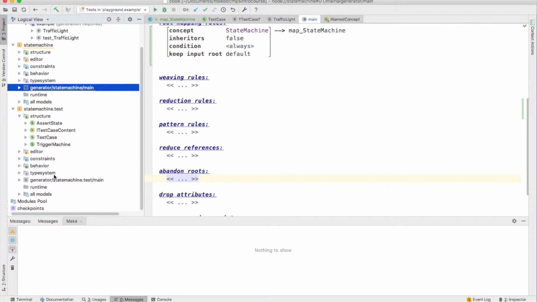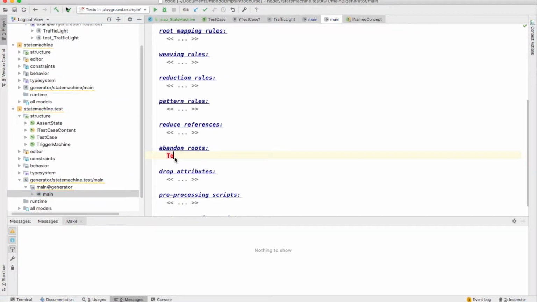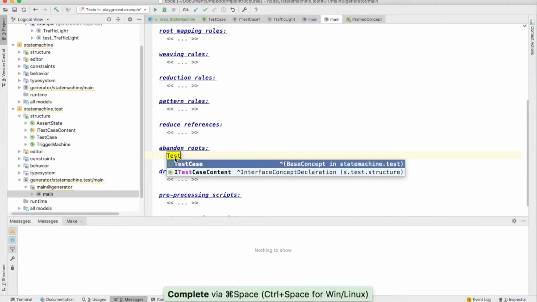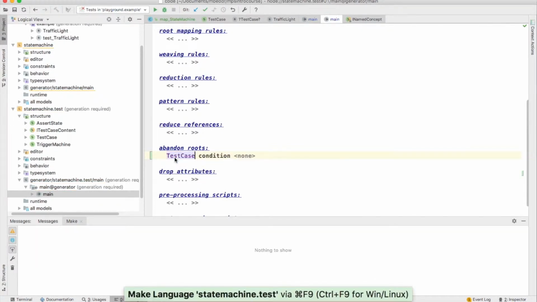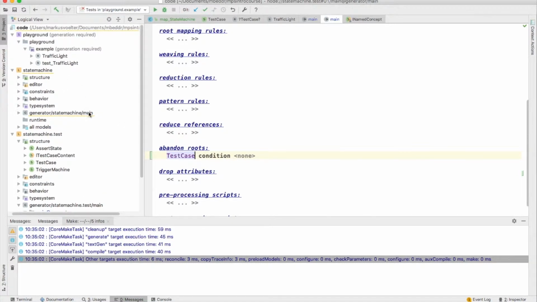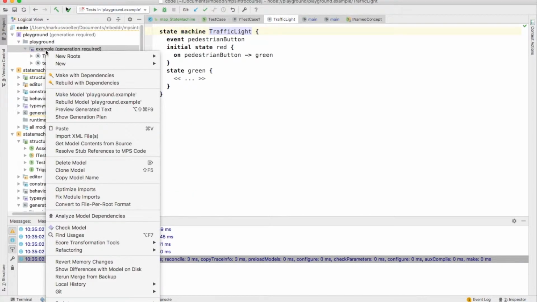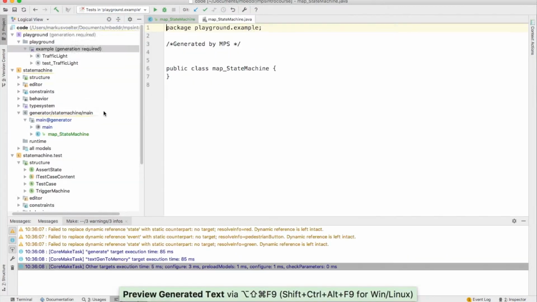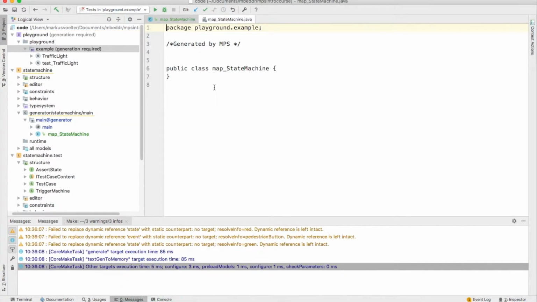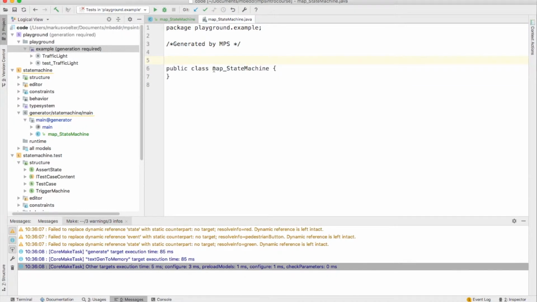So let's go to our test language, put a generator here, and just abandon the test case root here, just so it doesn't remain untransformed in the model. It's killed, it's abandoned during the transformation process. Only the state machine itself should survive. So let's again try preview generated text, and here is the output,